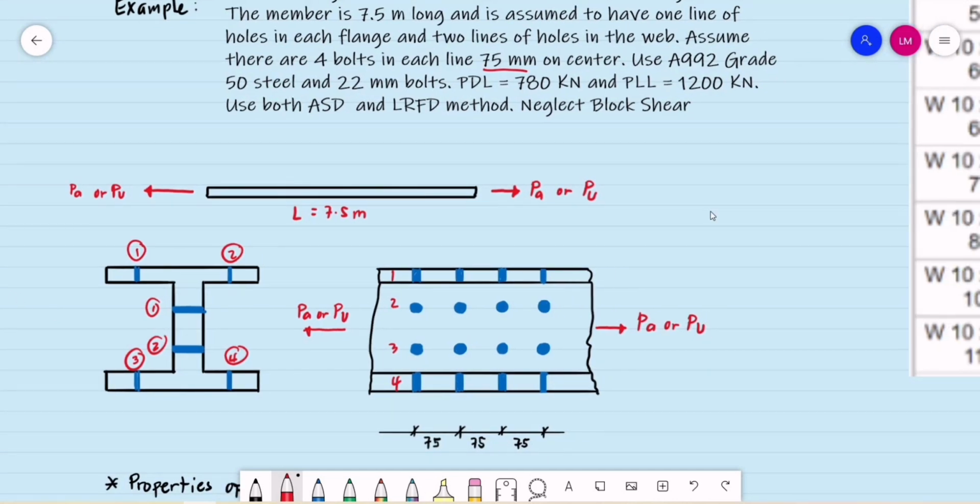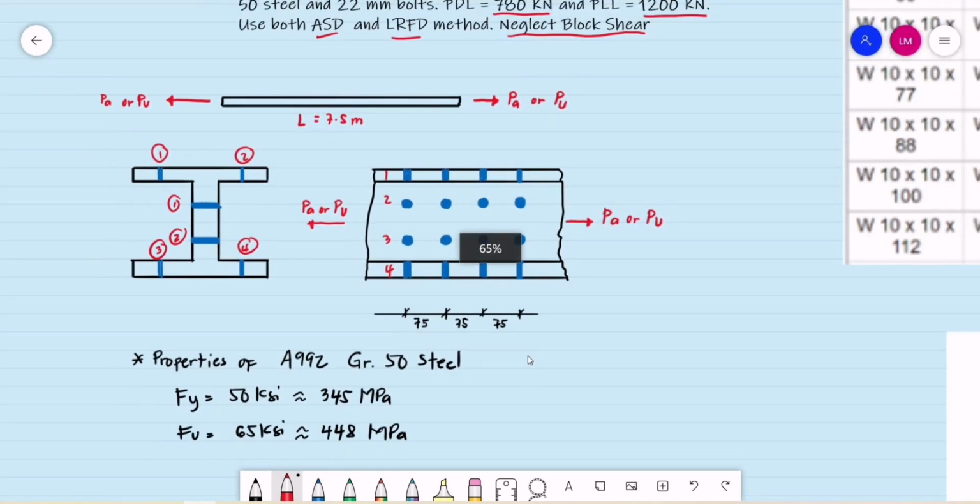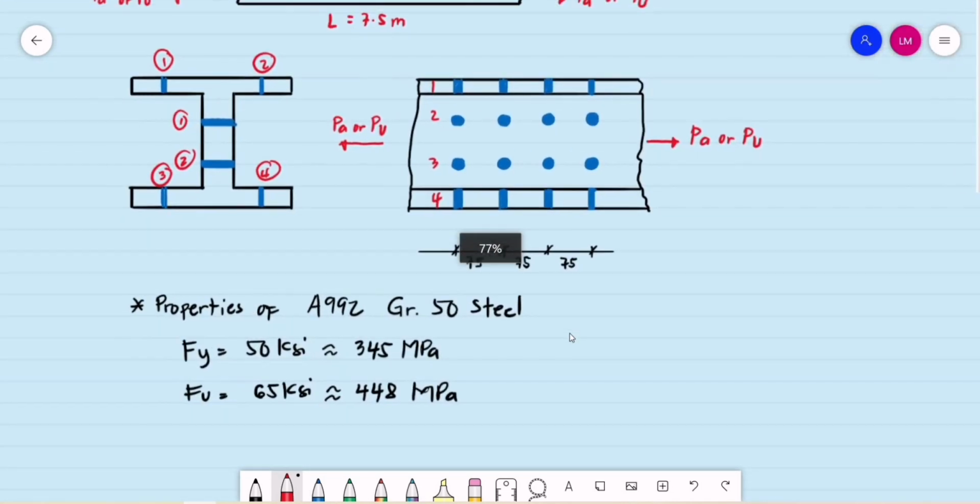So our dead load is equal to 780 kilonewtons. Live load is equal to 1,200 kilonewtons. Okay, so use both ASD and LRFD methods. According to this problem, for this example, we are to neglect block shear. So we proceed with our solution. Again, this is the cross-sectional area, the one on the left, and this is the side view, our figure